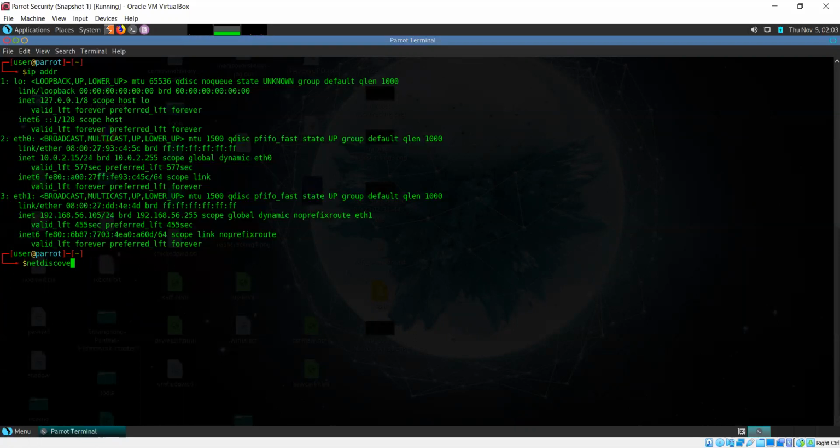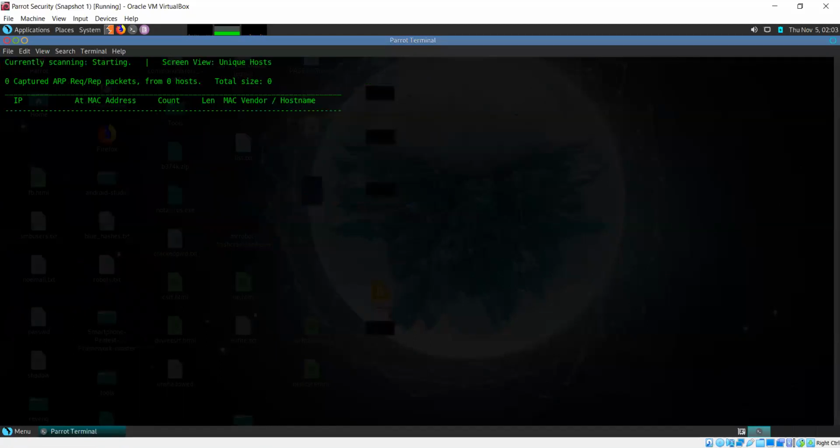First, you need to check whether the tool is installed on your system. So for that, just run the command. It's telling me I must be root. Now I haven't given it anything, so it's going to start running by default. I don't want that.